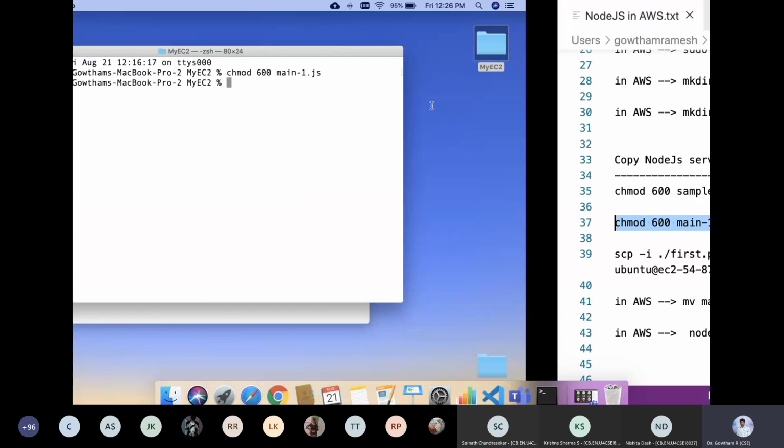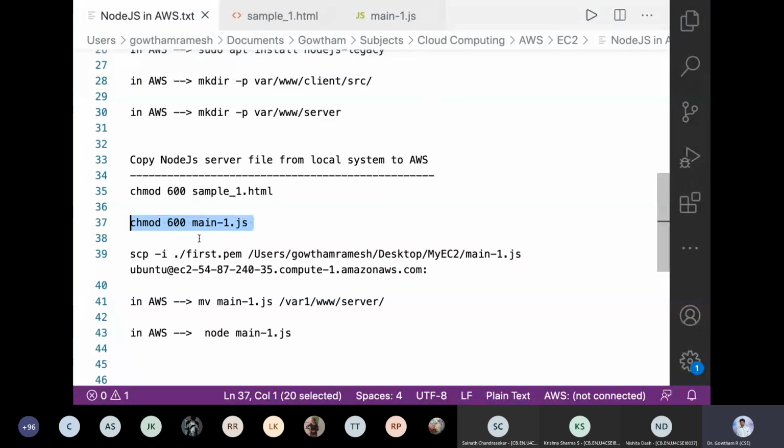For the next command, I'm referring to my system. If you look at this, the SCP command I'm supposed to use for a secure copy. For secure copy, there are two things required. If you want to securely copy a particular file to a remote machine, I use the SCP command.